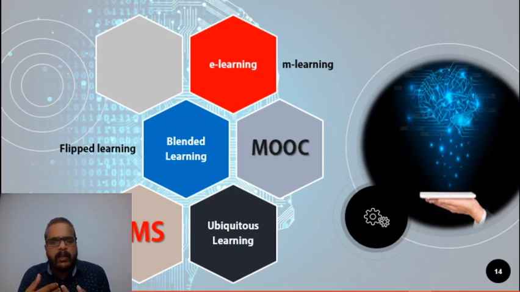Then we thought, why can't we have a learning management system which takes care of the entire learning process? There we were talking about access and universality. So we came up with some designs called MOOC, massive online open course. And ultimately our intention is ubiquitous learning. Learning happens anywhere, every time.